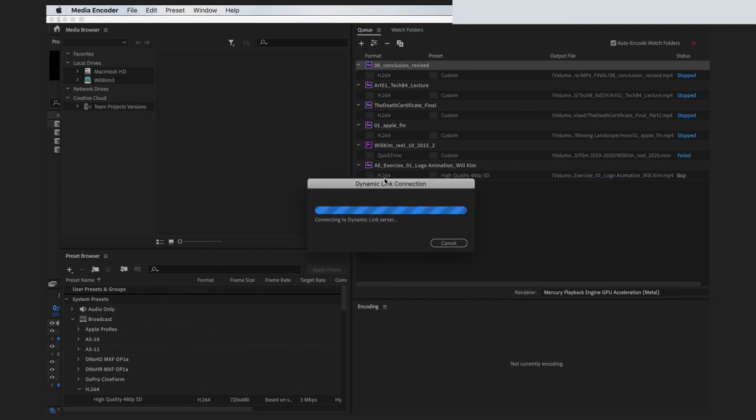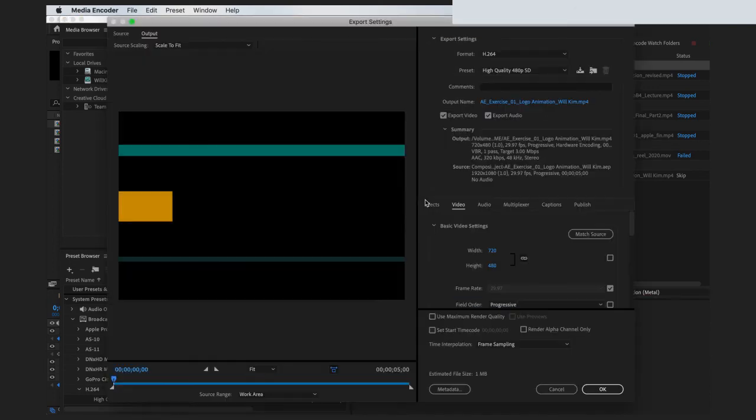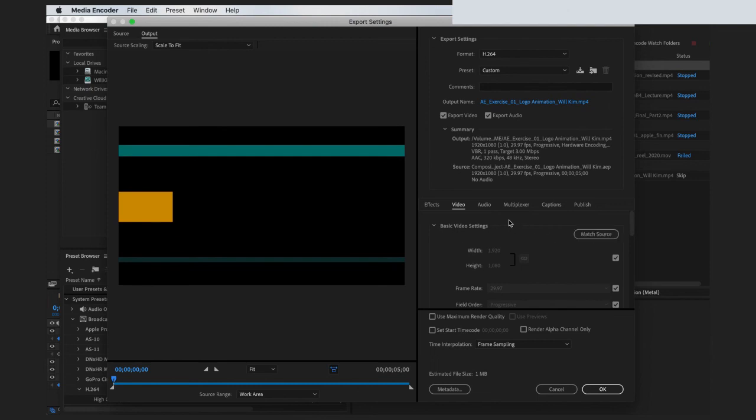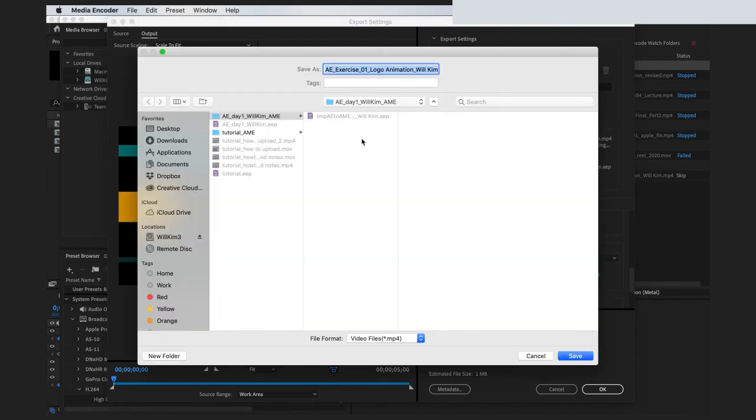And click H264 under the name of your composition. Now Media Encoder is a separate Adobe application which is linked to Adobe After Effects. Make sure to click Match Source under video where I'm pointing, and then just click on Use Maximum Render Quality on the bottom part, and click on the blue text name of the file on the top,